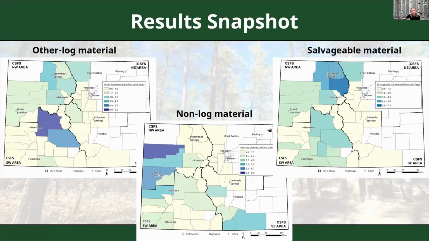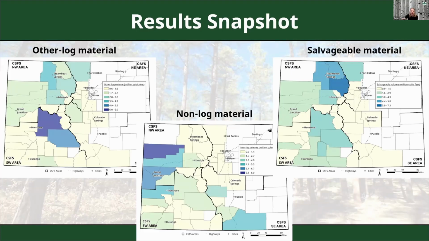And then this is where the results really start to get interesting. We looked at each volume category by county and mapped it. So counties in the blue colors represent higher volumes, and then the yellows and greens represent lower volumes. So you can start to see by looking at the estimates in this visual way how it can start